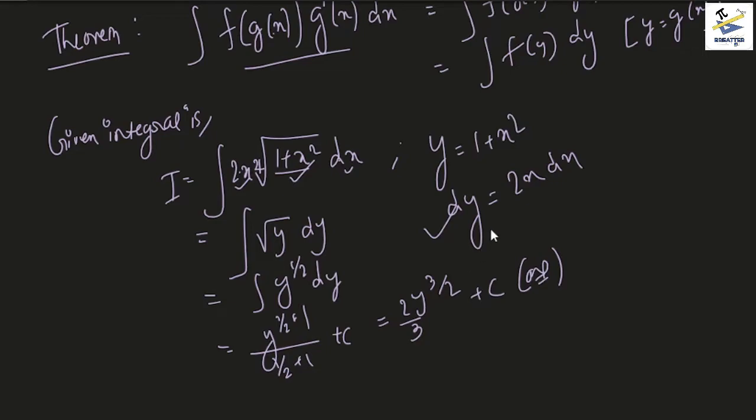We can just substitute back to get our answer in terms of x. So it is basically 2 into (1 plus x square) to the power 3 by 2 whole by 3 plus c. This is our integral,